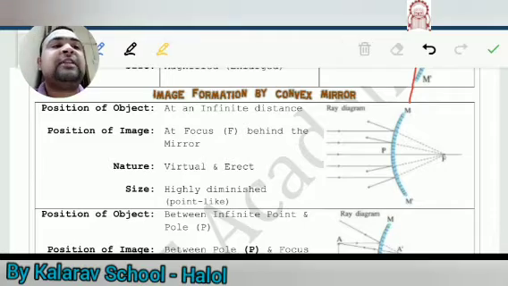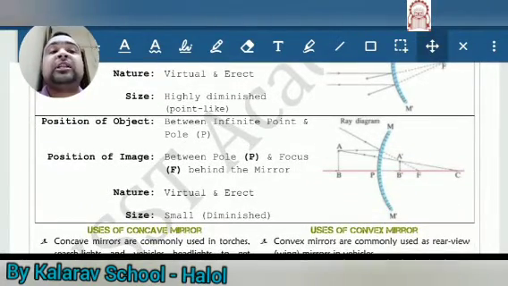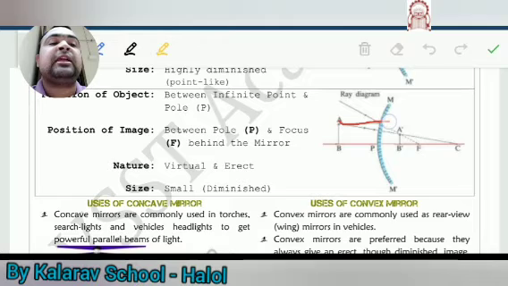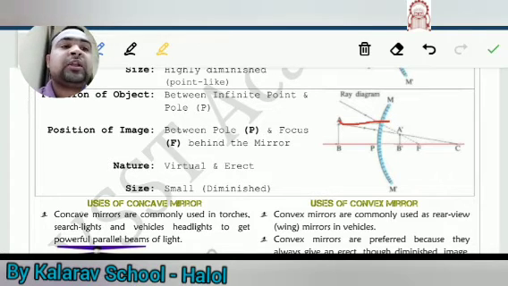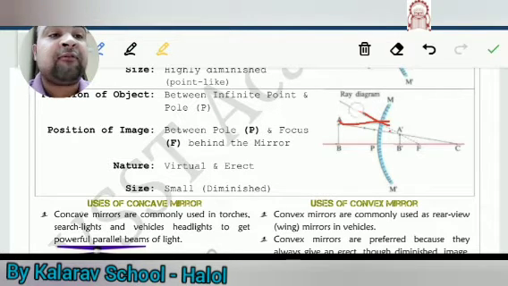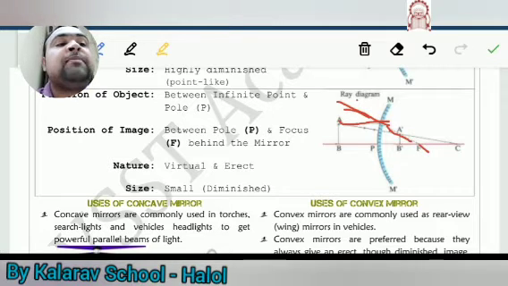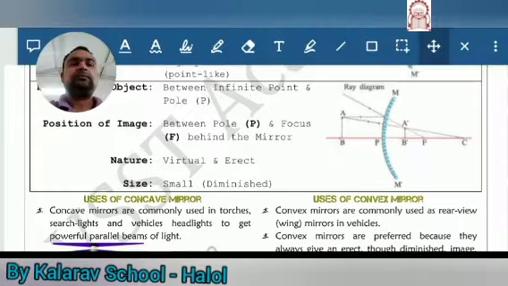Okay, so it's a very easy case, yes or no? Okay, and the second case is that if you place the object between infinity and the pole, meaning nearer to the mirror, then how will you construct it? Again you have to take a parallel ray. After the reflection, you have to show this line, and whenever this line intersects at the backward side, that point you have to consider as F. Okay, and another ray you have to draw from A.